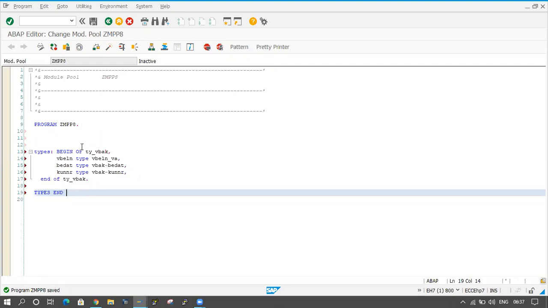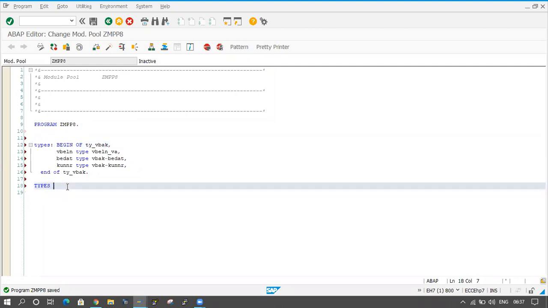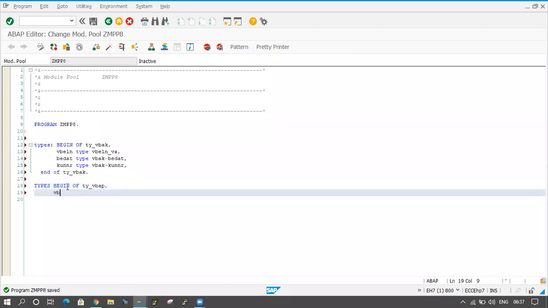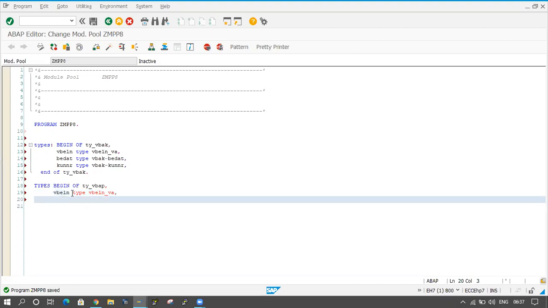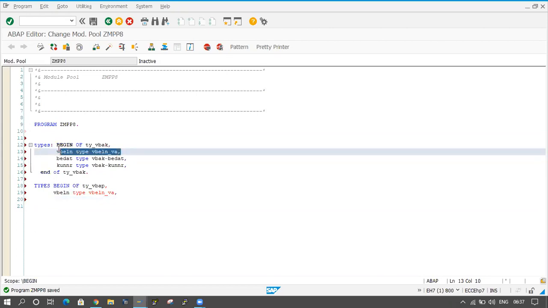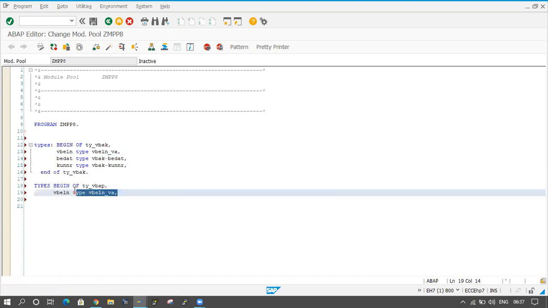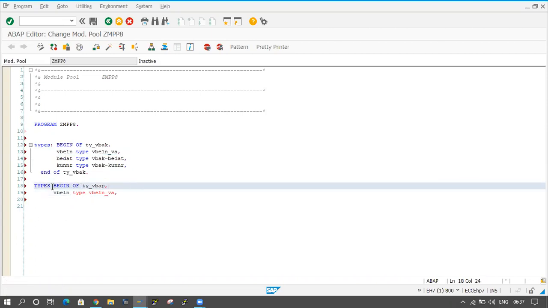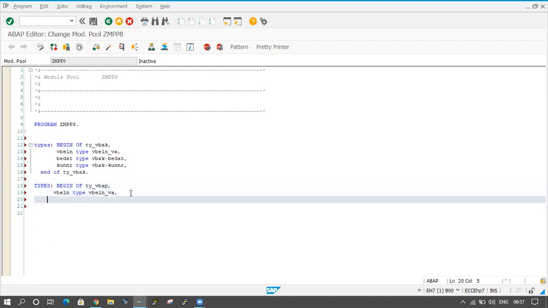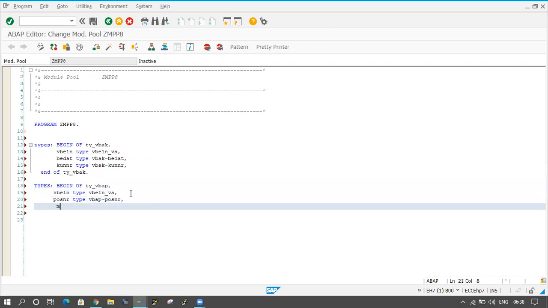Types begin of, Postner type VB AP hyphen Postner, Magna type Magna,